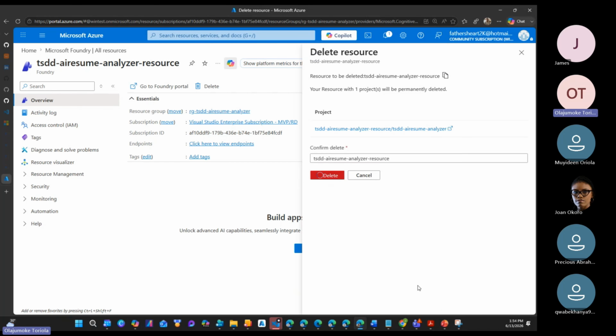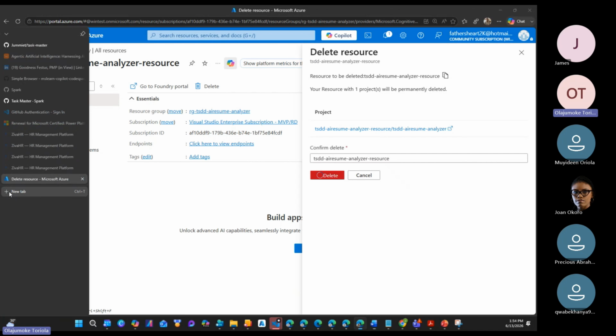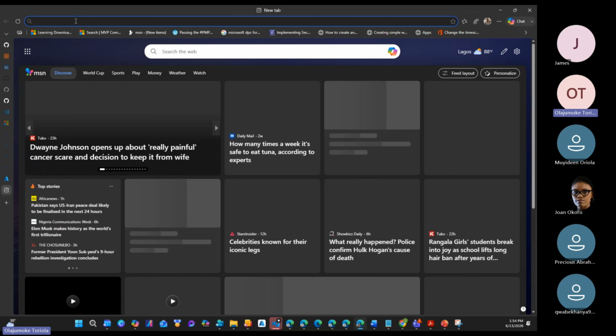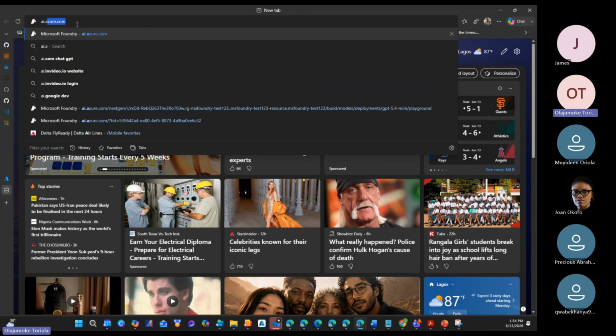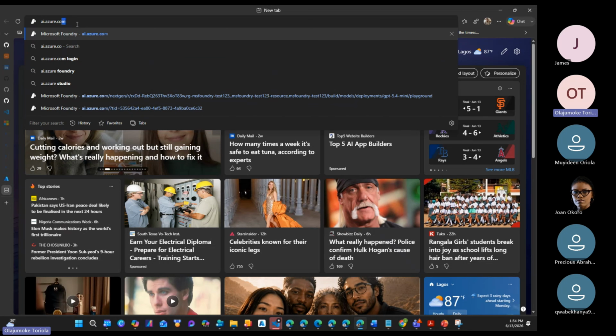Okay, so please do me the favor of... I just wanted to start all afresh, so that it's not as if I'm starting afresh to see even how I go to this place. So if you have an Azure subscription, all you need to do is just go to ai.azure.com. If you have signed into your Azure subscription, it's going to bring something like this out for you, right?